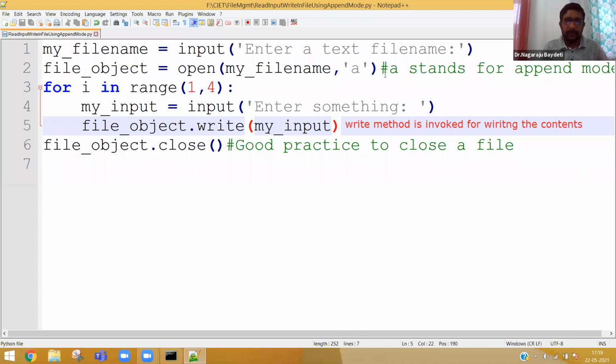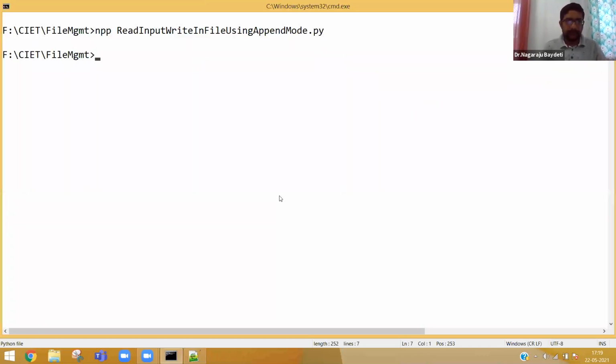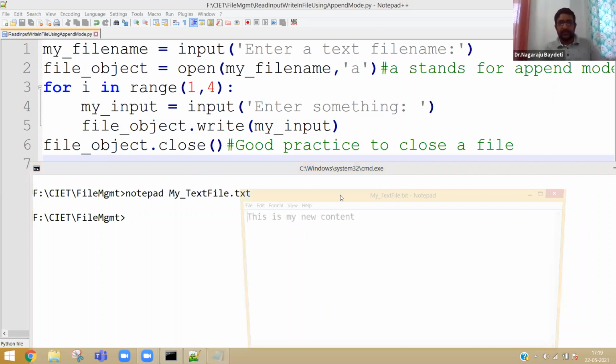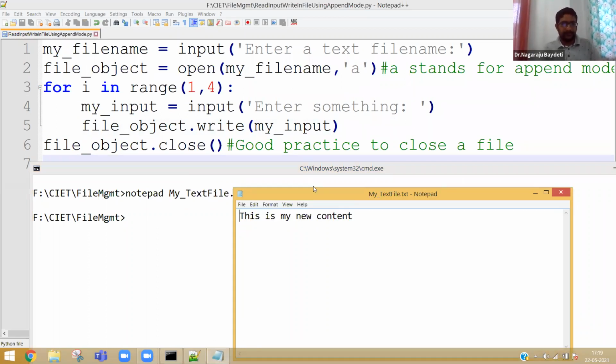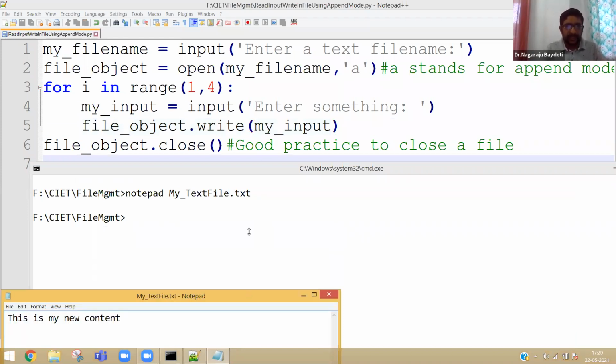Okay. Now let me clear all the annotations and execute the program. Everybody, before executing the program, let me open my text. See, let us keep this aside. This is before execution. Left side, what I am opening is before execution.